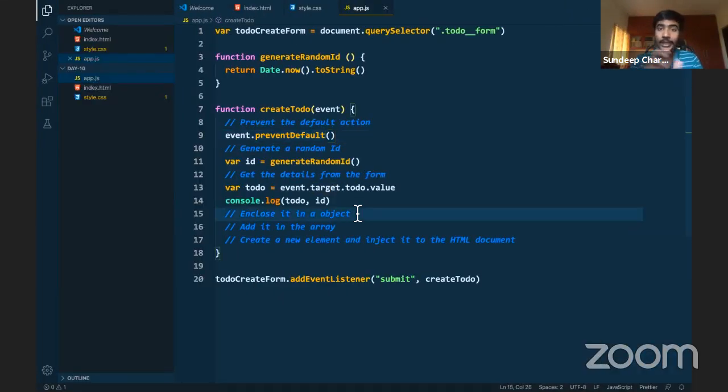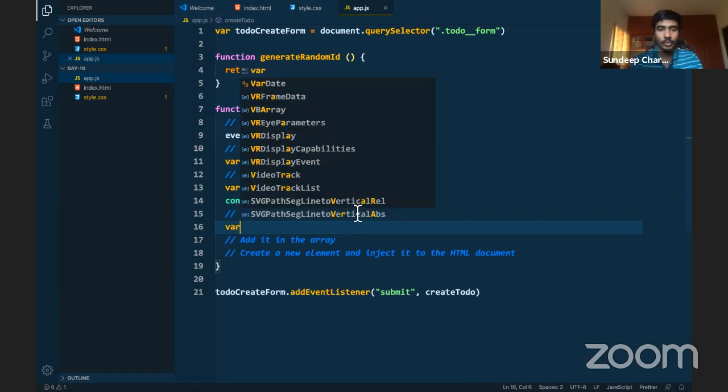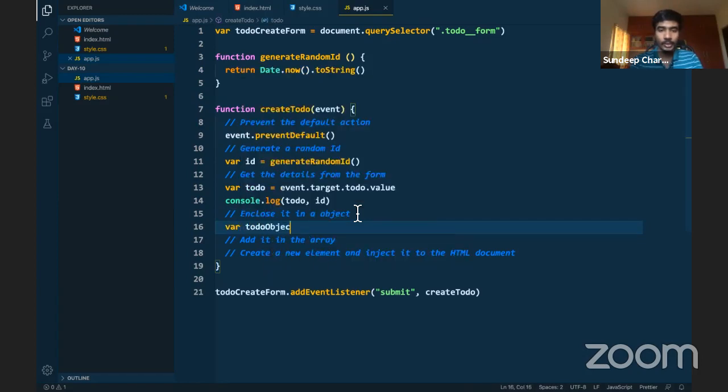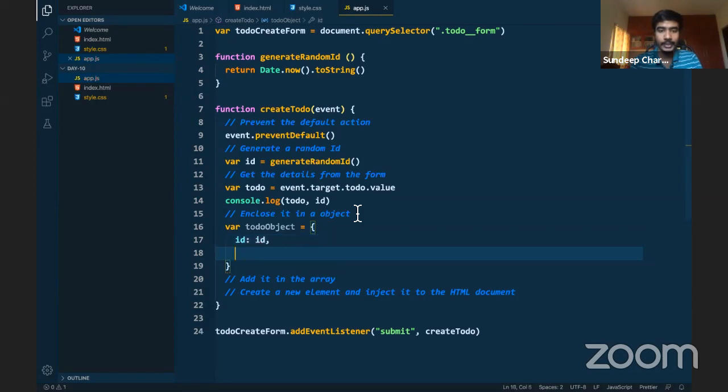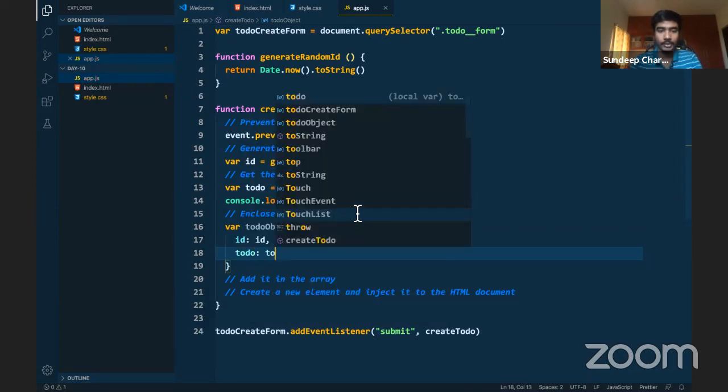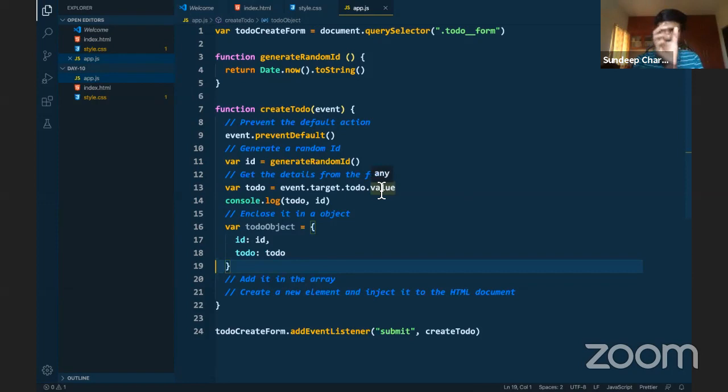After it, I have to enclose it into an object. So I just create a new object called todo object is equal to an object itself. And this would contain 2 elements, I mean 2 properties. One, the ID itself, and that is the ID. And another one is the to do itself, and that is the to do. Right? The to do as well as the ID. Now if I console log it,